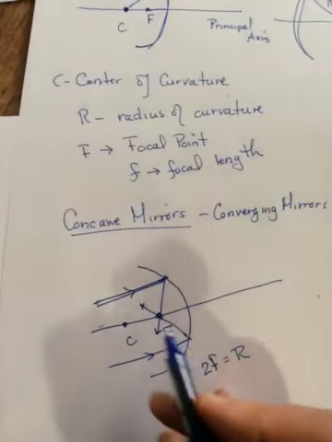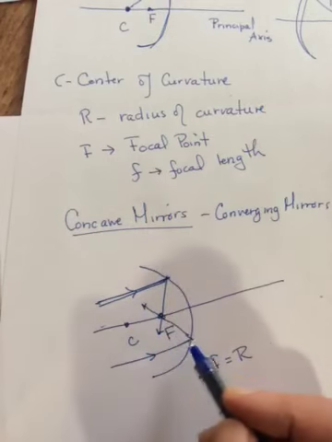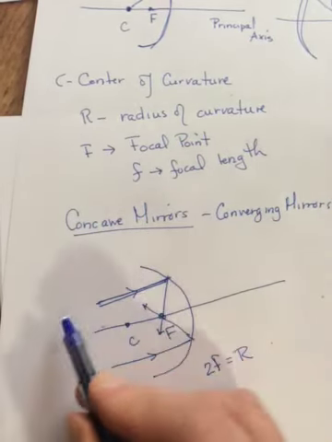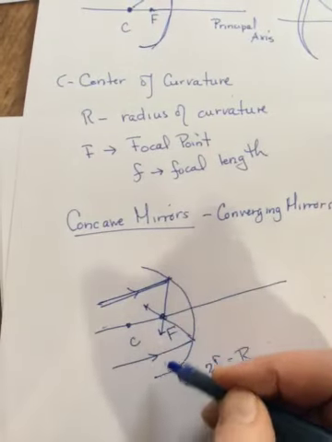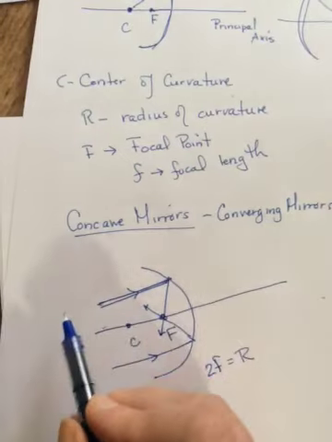Now there are 3 rays that we can use to locate images in a concave mirror. One of them is a ray going in parallel to the principal axis, which will always come out through F. Another one is just the opposite. A ray going in